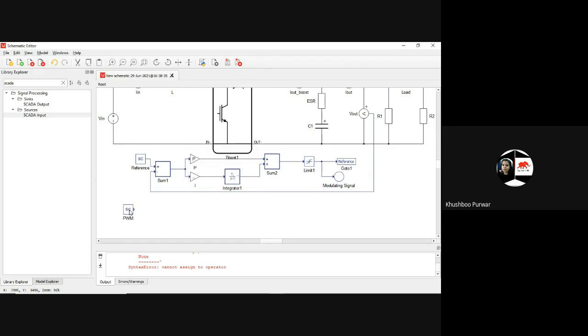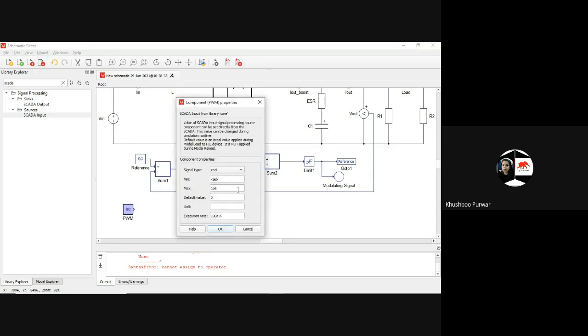Okay. And here assign the value 0. The minimum value will be 0, the maximum will be 1, and the default value will be 1.